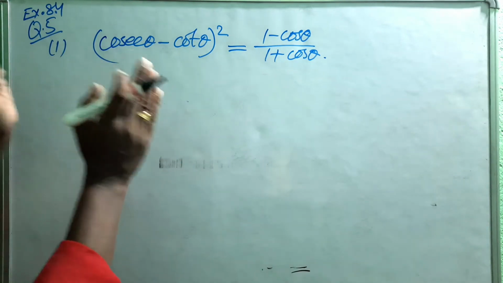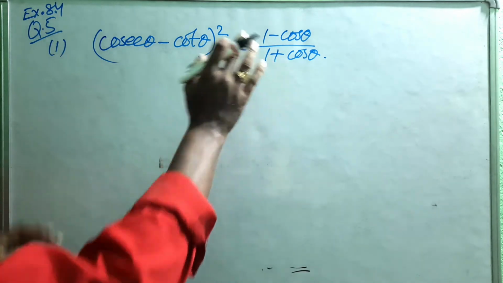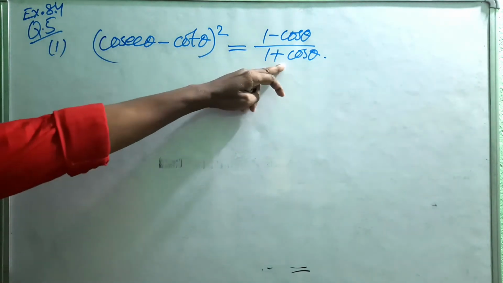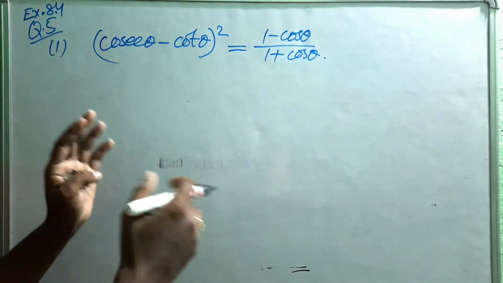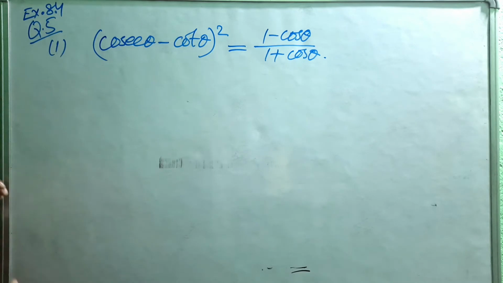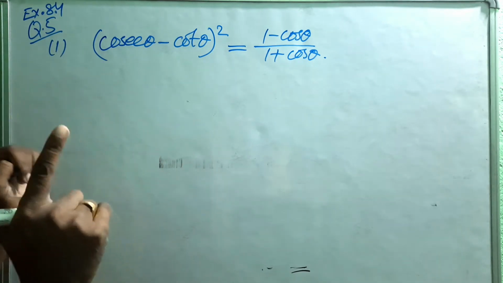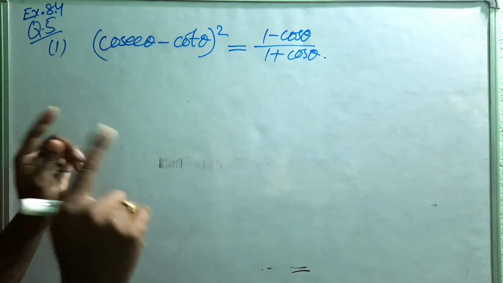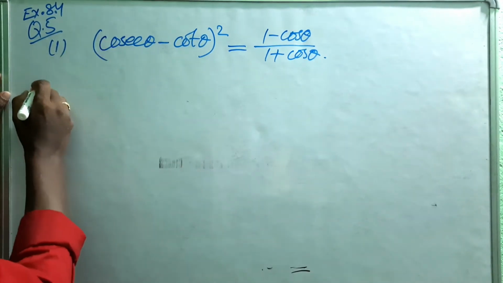If we start from the LHS, left hand side, it will be easier for you to prove this one. Otherwise, if you start from here, then you will have to rationalize this one. Then it will be very tedious and also very difficult. So that is why we will start from here. At the end, guys, please watch till the end, because at the end I will give you some tips and tricks. Okay. Now LHS.